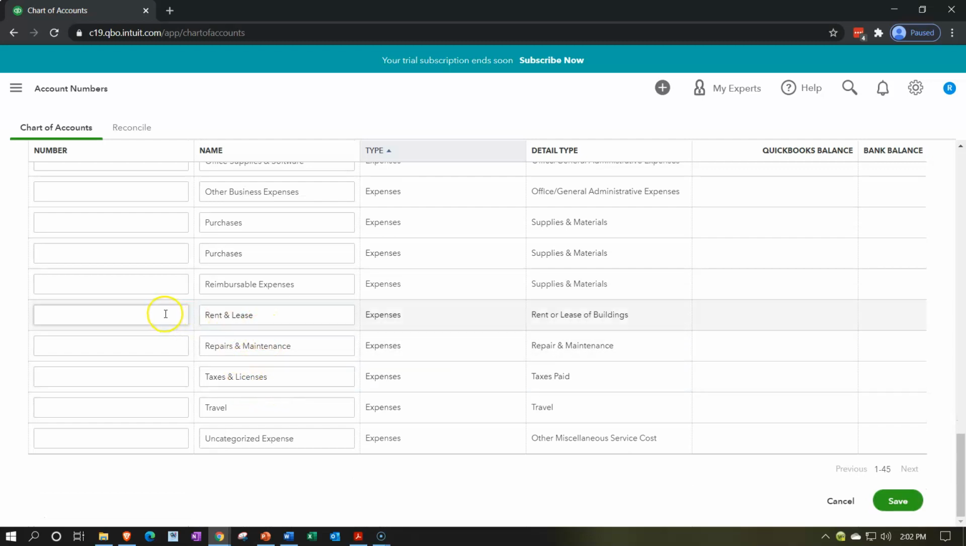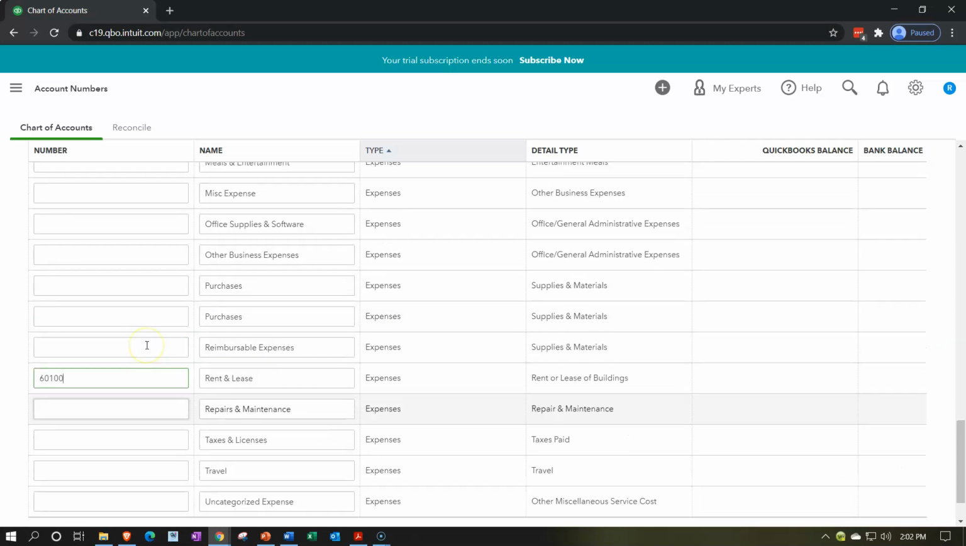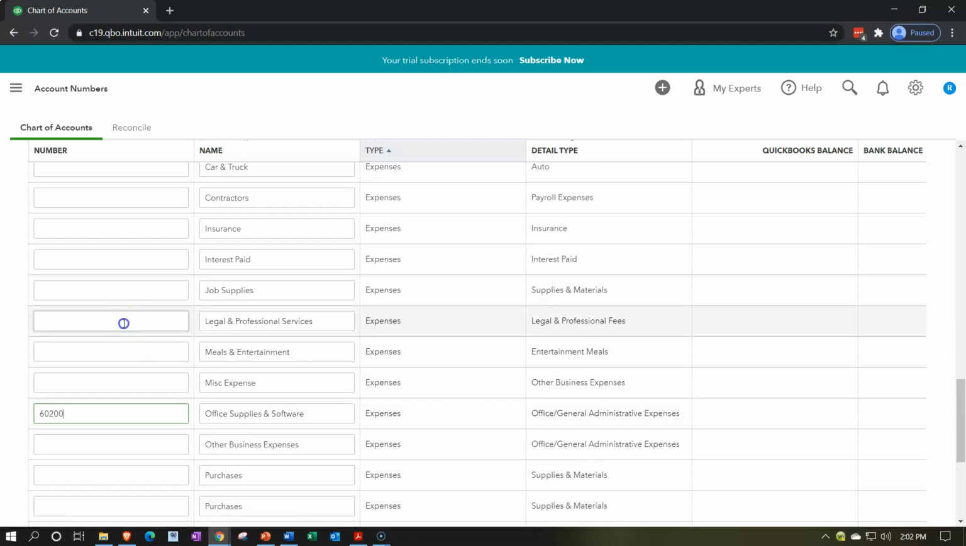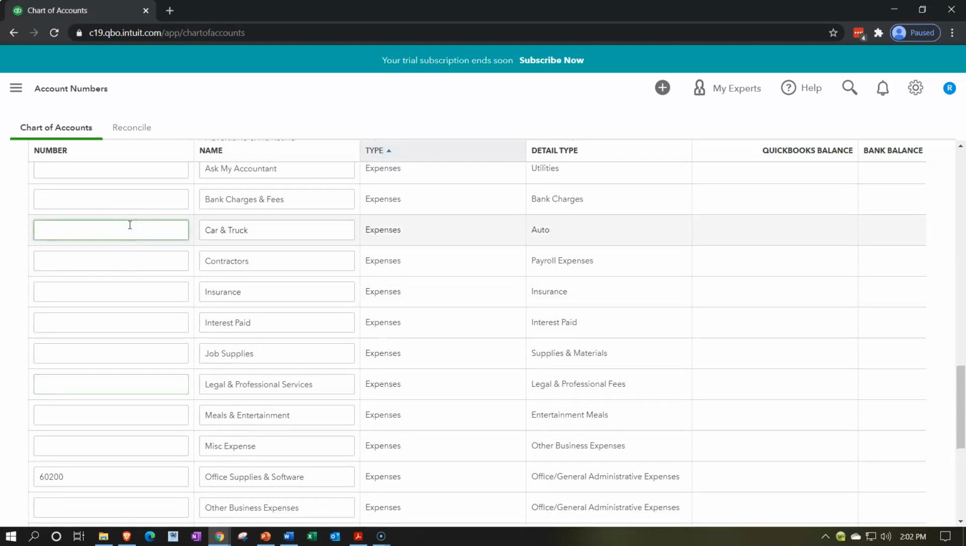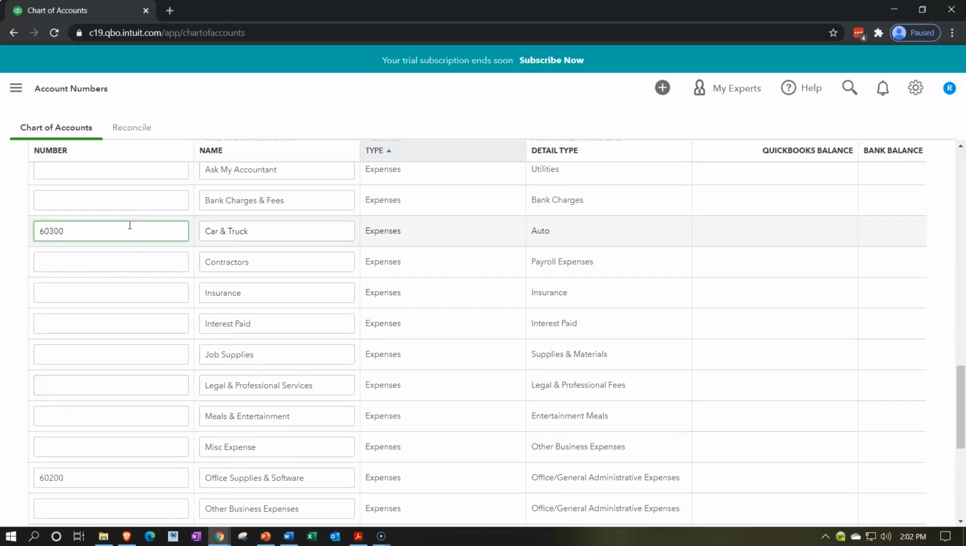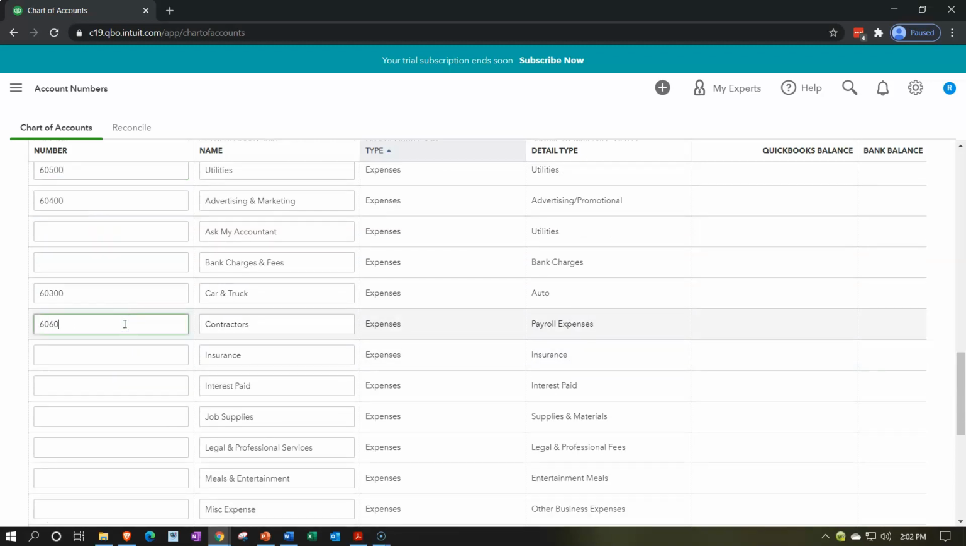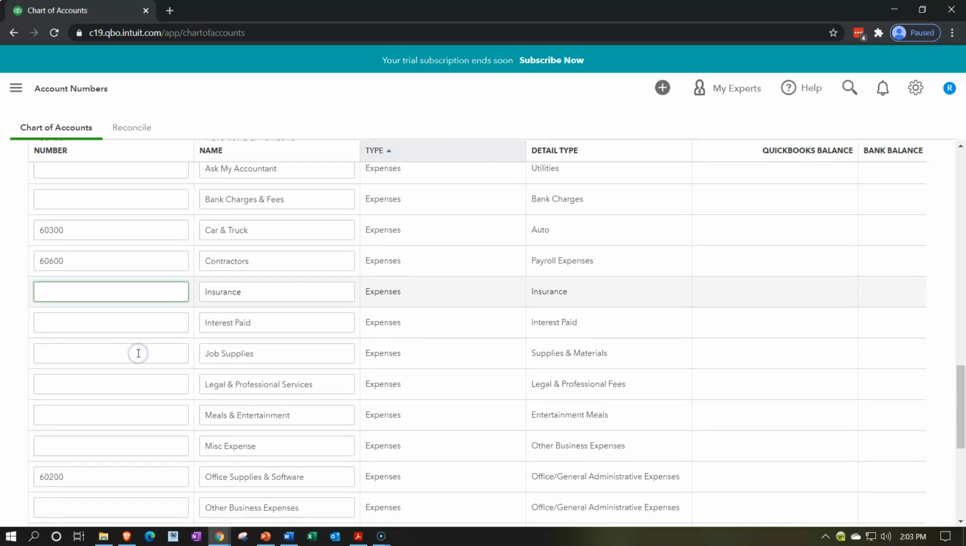So I might say like the rent, maybe I want that first at like a 60100. And then I might say that my supplies, let's say 60200. And then we might say that legal or the truck, let's say is going to be 60300. And then we're going to say advertising 60400, and then 60500, and then contractors 60600, and then possibly insurance